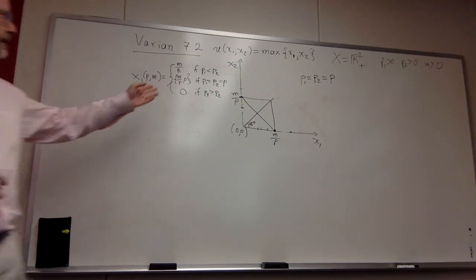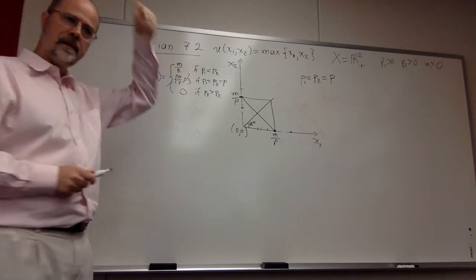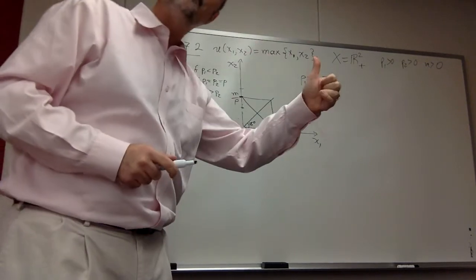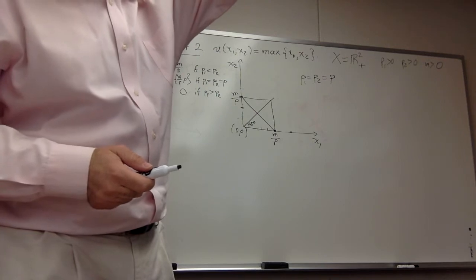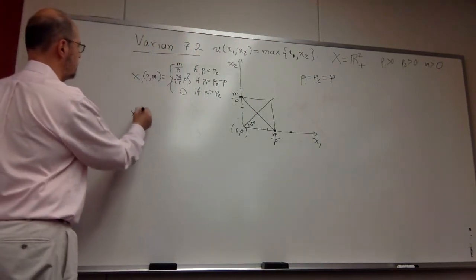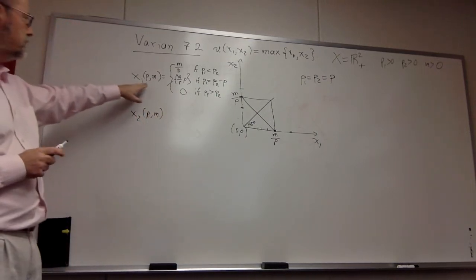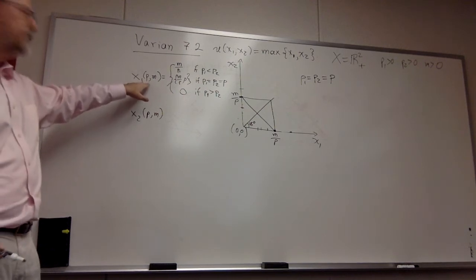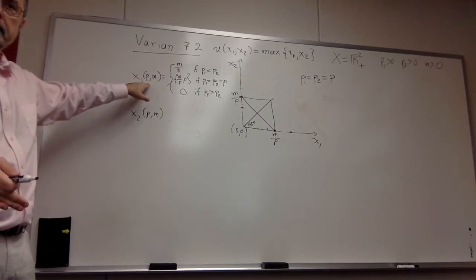The person is completely indifferent between consuming 0 of good 1, because then they will consume M over P of good 2, or consuming M over P of good 1 and consuming 0 of good 2. Right? So now, without saying much, I'm going to write the same thing for good 2. By the way, in this notation, just like in the entire variant chapter, when I write a P here, you're to understand it's a vector, P1, P2, right? And just write,